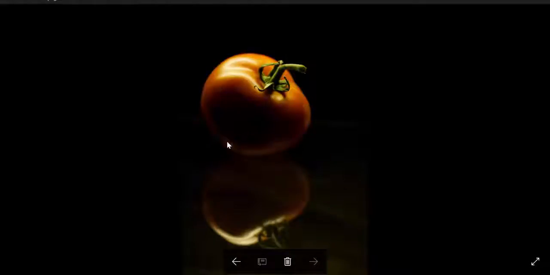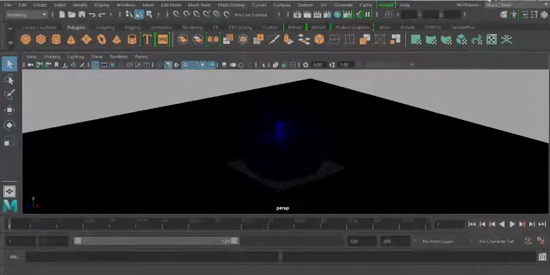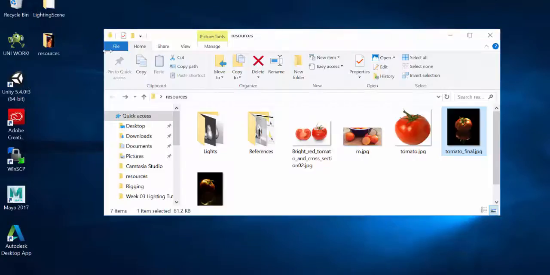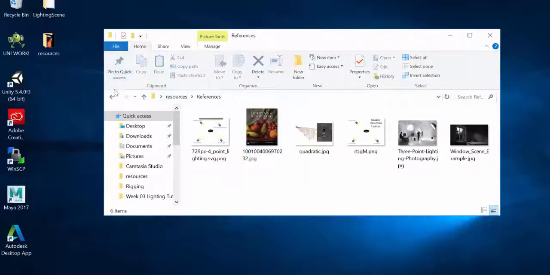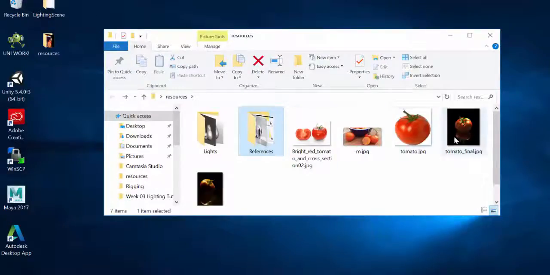And we're going to be paying particular attention to things like the colors, the level of specular, the level of reflections, and also the discoloration on the surface of this particular shape. So we want to be using real life references as well. If I come out to my scenes, I can show you some of the references that I have. So we have a tomato on its own,